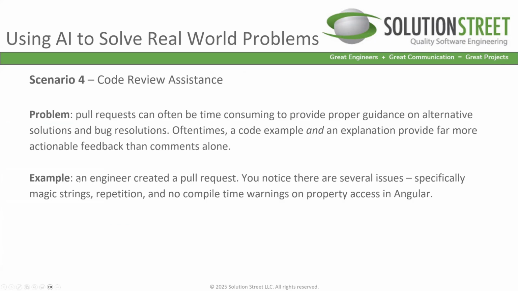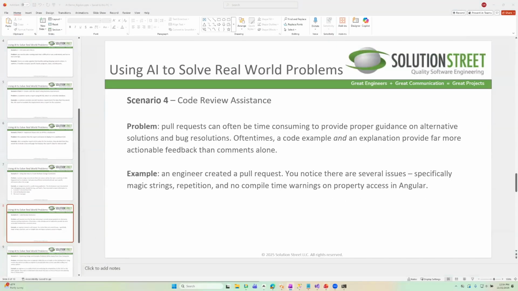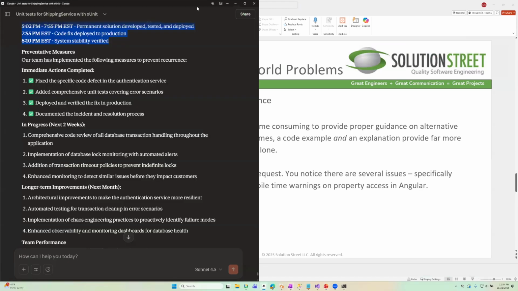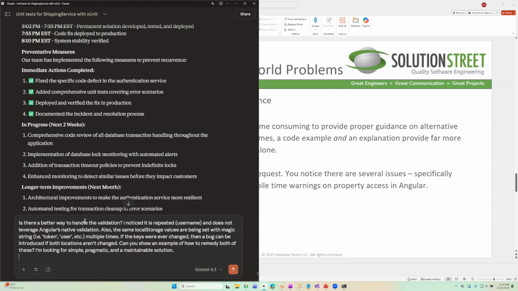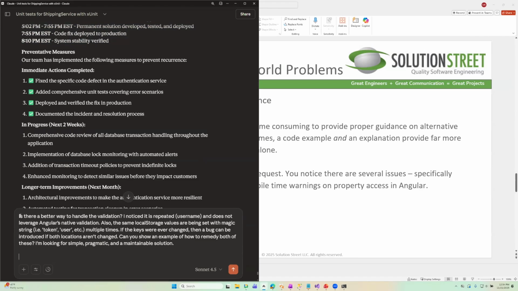So an engineer example created a pull request. You notice there are several issues. There are magic strings, repetition, and no compile time warnings on property access in Angular. So in this scenario here, I will swap back over into the AI tool. Looks like it froze or it just doesn't want to move. That's fine. So I will paste in my question here and basically say, is there a better way to handle